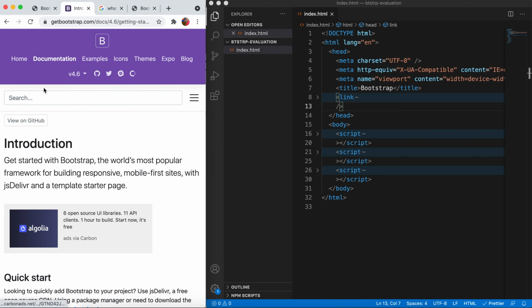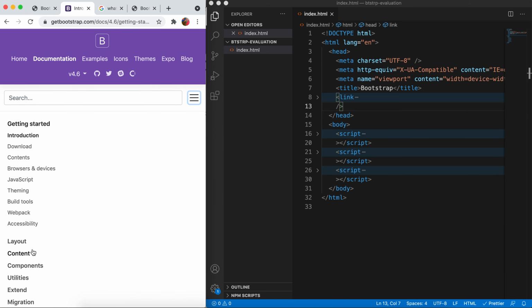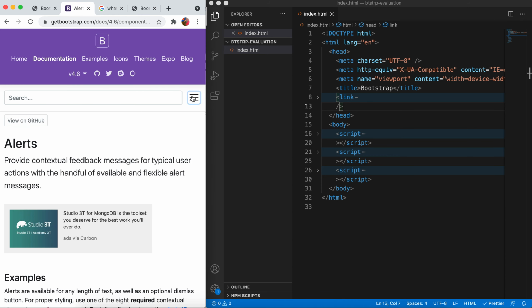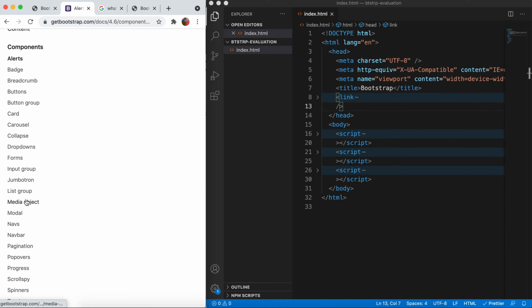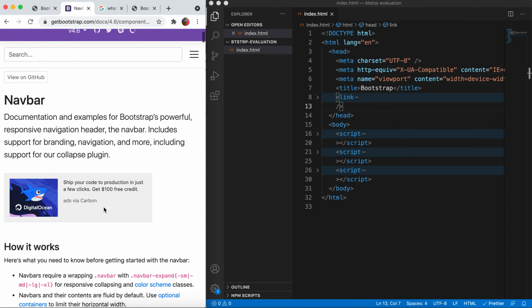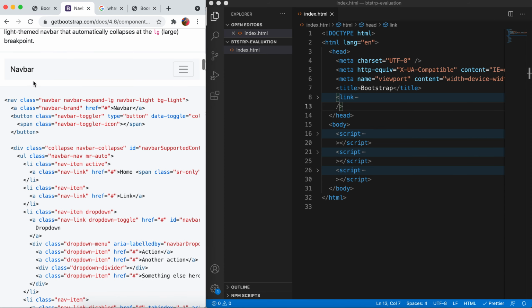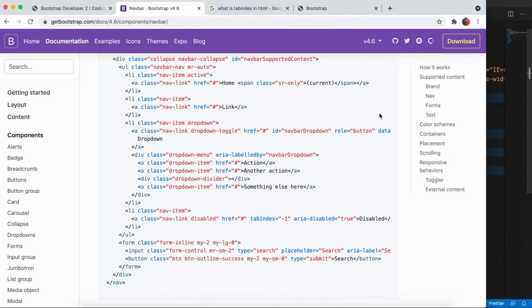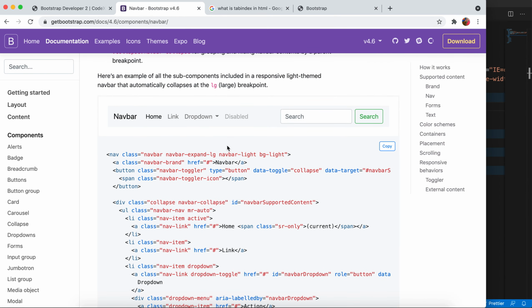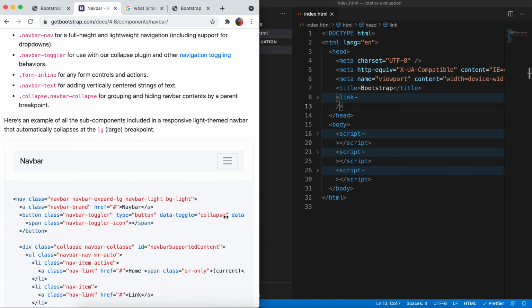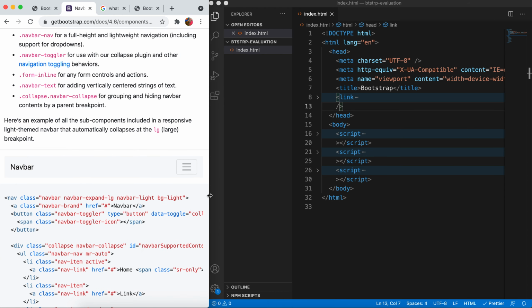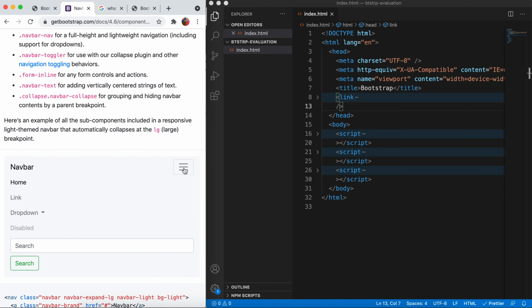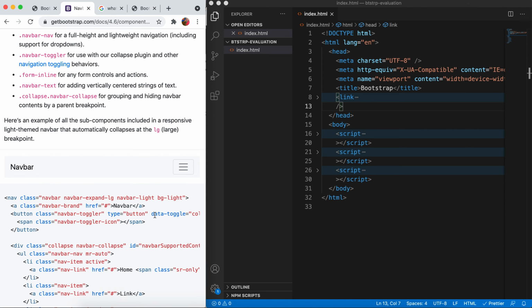Let me show you in the documentation about navbars. In components, I'm gonna go to navbar. This navbar looks just like this. When I expand the page, all the links are visible in the navbar. When I collapse the page, they become a collapse button, a hamburger menu. When I click on this menu, it shows the links in the navbar. We are gonna achieve this one